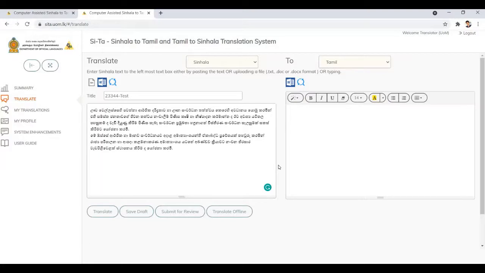Make sure the translation direction is correct. Click on the Translate button shown on the screen to translate the source text.